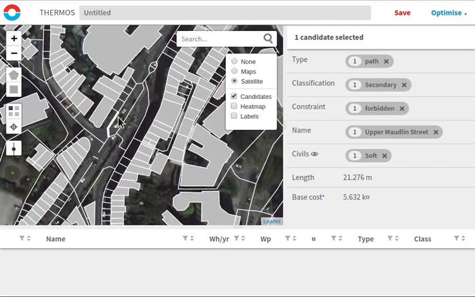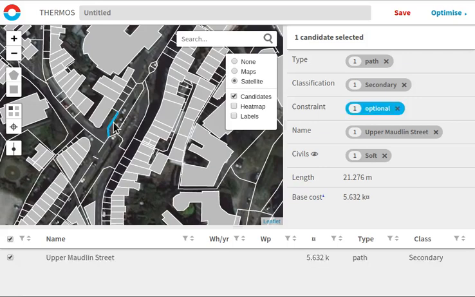Now, as mentioned, to ask THERMOS about a network, we need to construct a set of buildings and paths for it to think about including in the network. And to do this, we perform two steps. The first step being to select them, which is what we've done with this piece of path here. And then the second is to mark them for consideration in a network. There are two ways to do this. The first way, which is the quickest way, is to press the letter C on the keyboard once you've selected something. So pressing C,